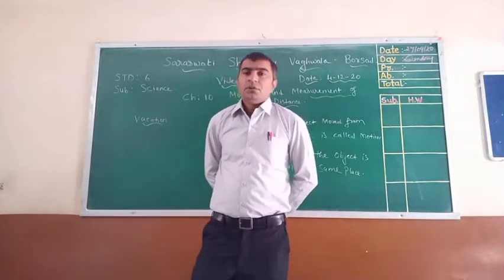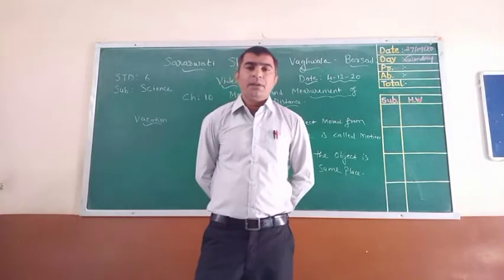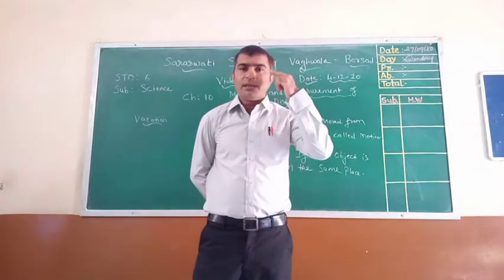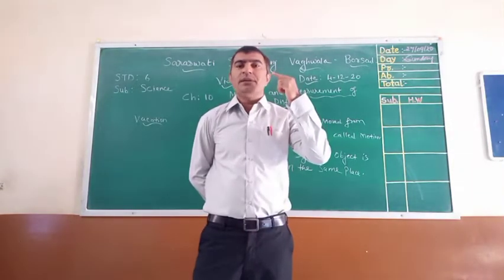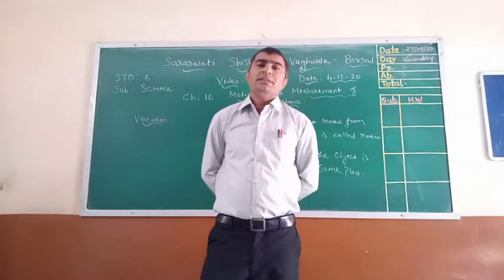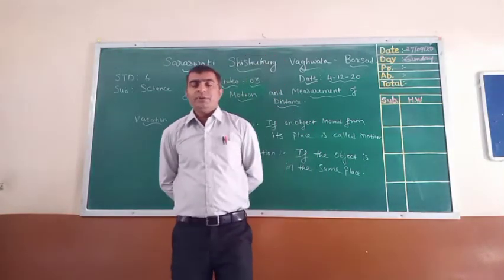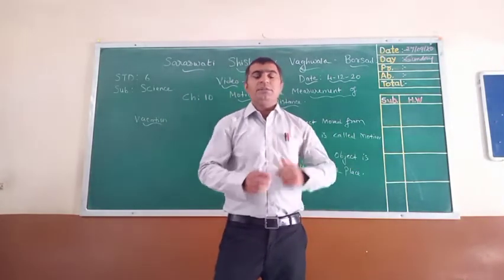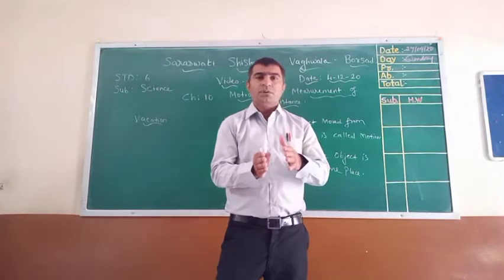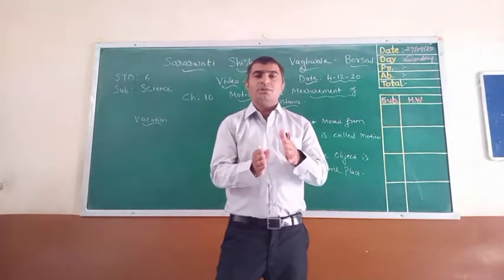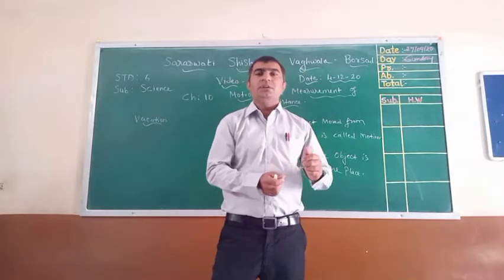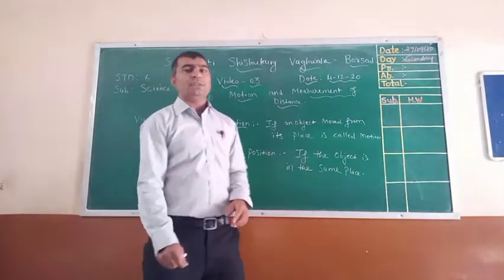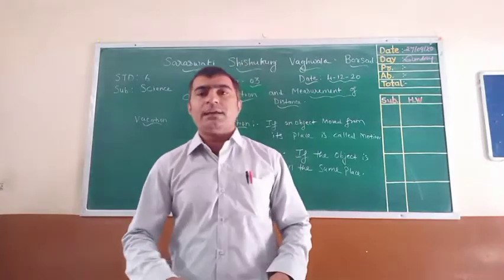If we take an example of our body, in our body our eyes are blinking. So the eyes blinking are in motion. If we move any object or any book from one place to another, then you can say that the book has moved its position. So that was in motion. So from this example we can say that when an object moves its position, it is known as motion.